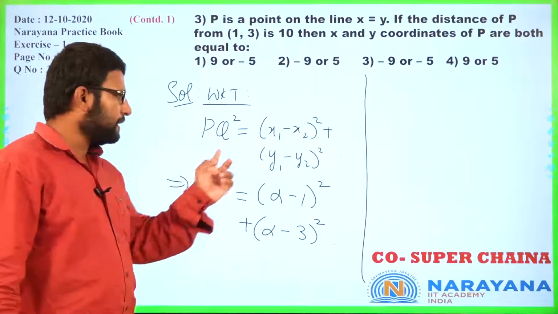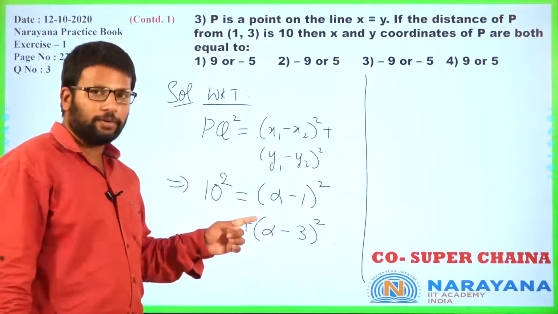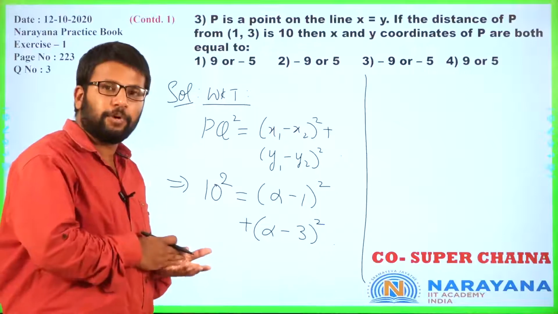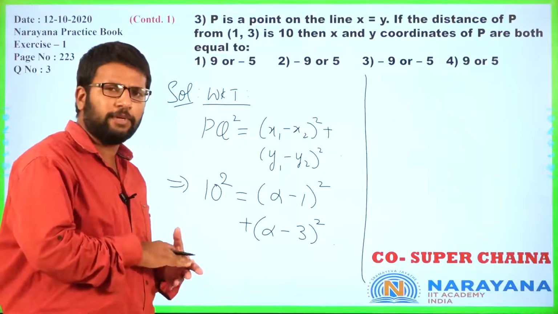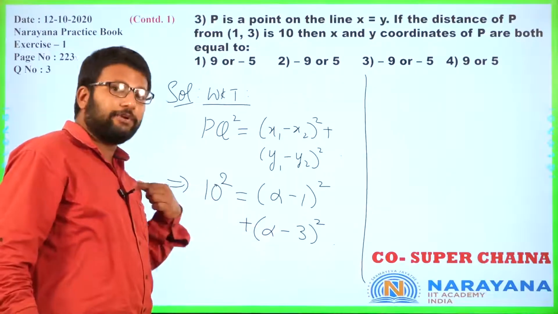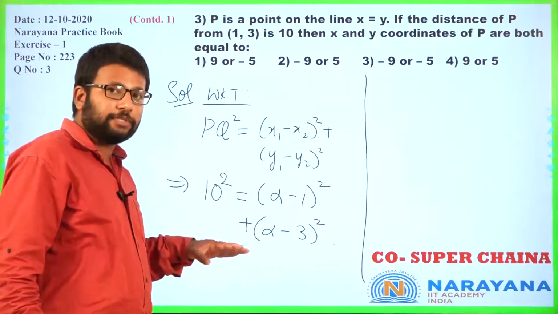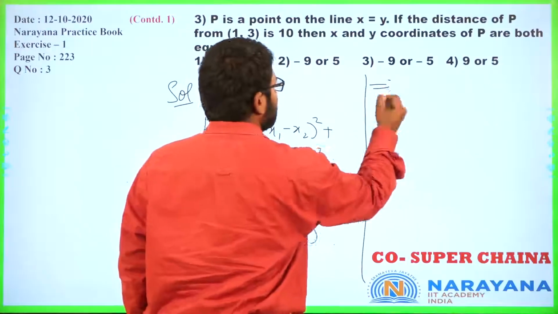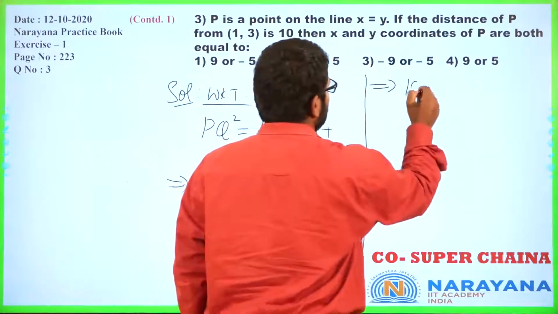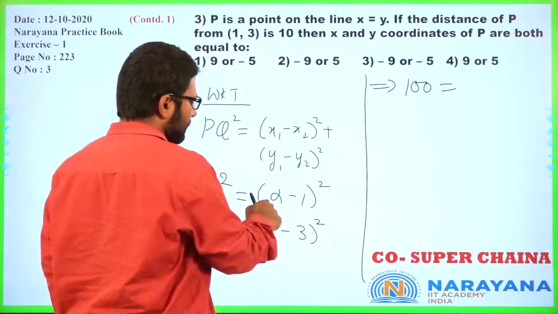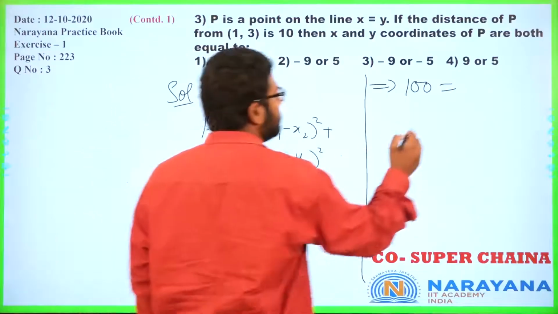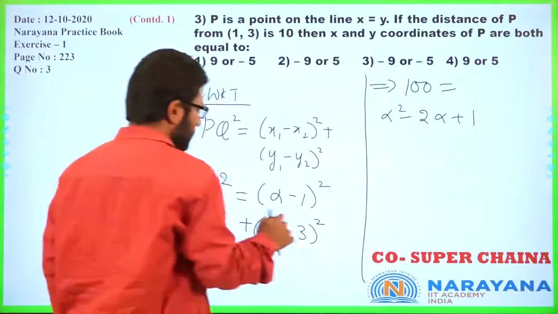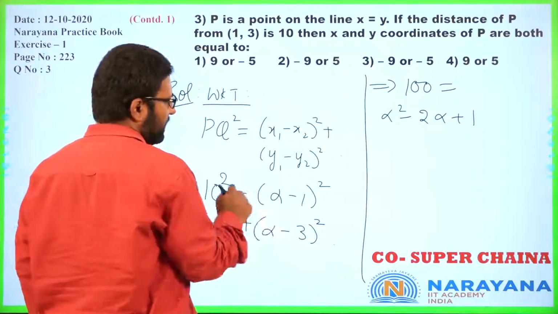Now do you realize this is only one equation and one unknown, and it's a quadratic equation, which means we can solve it. This is very important while solving any problem, to reach a stage where you realize, okay, definitely I will be able to solve this. Now it's just a matter of simplification. This is 100 is equal to alpha square minus 2 alpha plus 1 and alpha square minus 6 alpha plus 9,